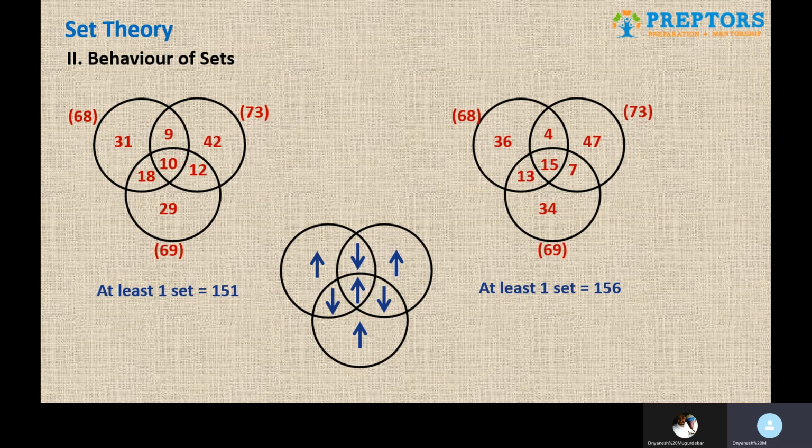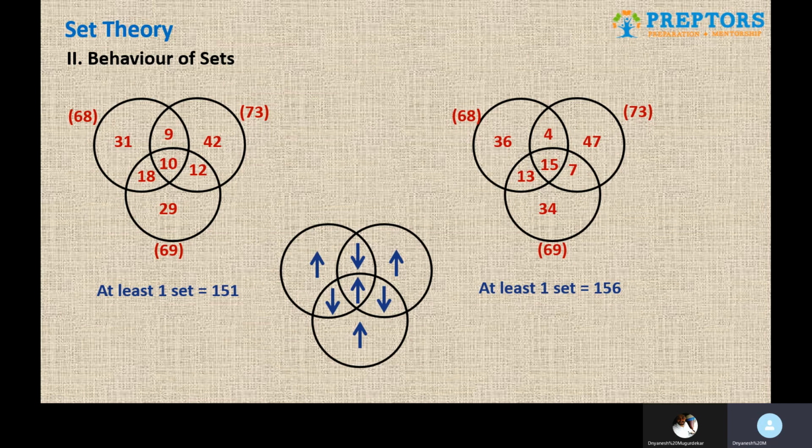So what you are going to remember, if the intersection of all three increases, the intersection of two sets decreases by the same factor, lone sets increase by the same factor, and at least one also increases by the same factor. All of this can also be reversed. If the intersection of all three reduces, the intersection of two sets will increase, lone sets will decrease, and at least one will also decrease by the same factor. So in turn, you are going to save a lot of time rather than counting all the values again and again. You just need to take a call based on what you are supposed to do based on the information which is available to you.